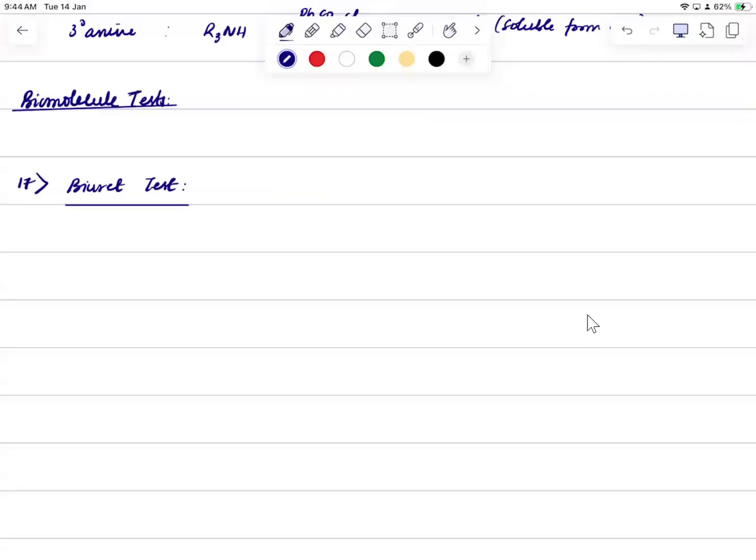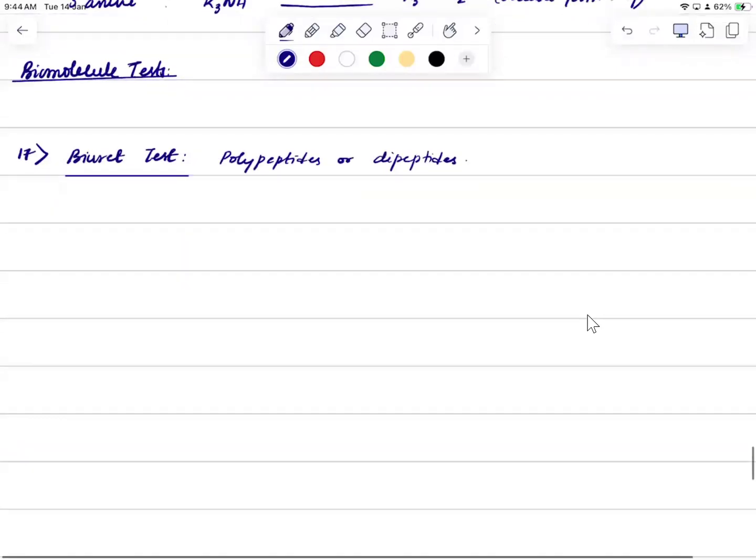Right. The Biuret test is mainly for polypeptides. Polypeptides or dipeptides, at least dipeptides. You cannot have monopeptides as such. Right? So which means if you have this connection